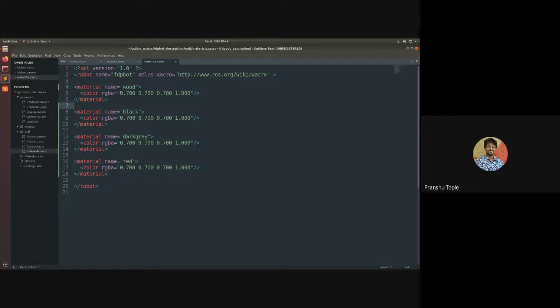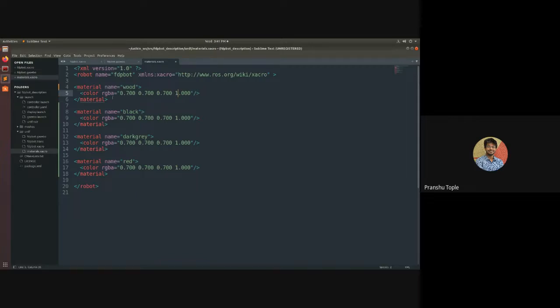So if we give the values of R, G, and B here, we will get colors accordingly. Alpha is 1.0: 1 means totally opaque, and 0 means completely transparent. If you want something semi-transparent, you can change it to 0.5. If you want it a little more opaque, you can make it 0.8. But here I want all my colors to be totally opaque, so I will keep it 1.